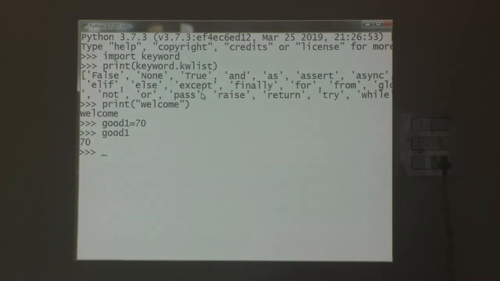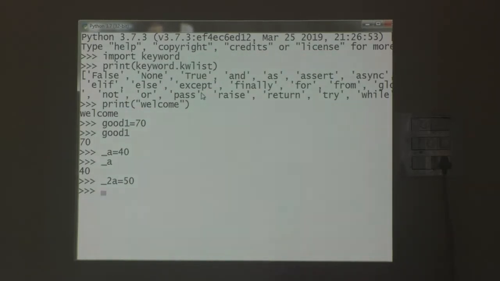The next one, _a is equal to 40. Underscore followed by a letter is also possible, so this is also a valid identifier. Let us see the value of this variable. What will it be? 40. Did you understand, student? goodone, then _a, these are valid variables. Okay, I am going to give _2a is equal to 50. This is also a valid variable.